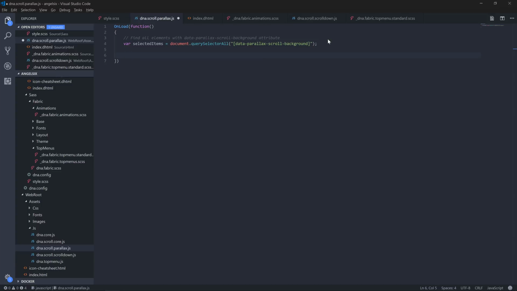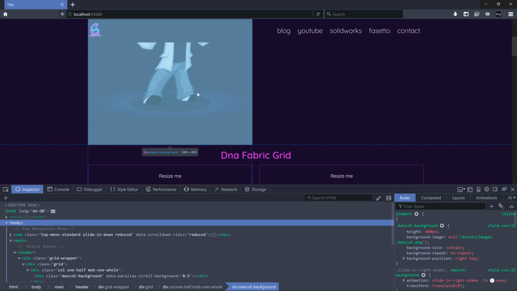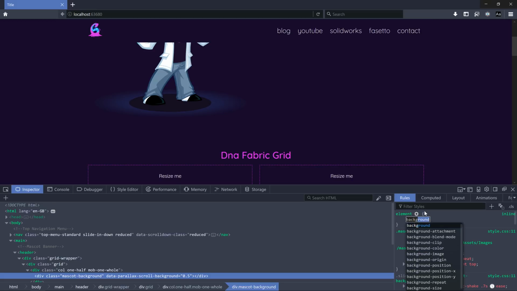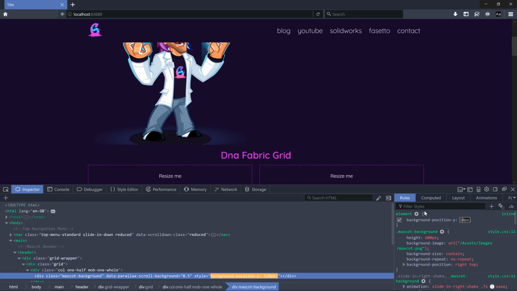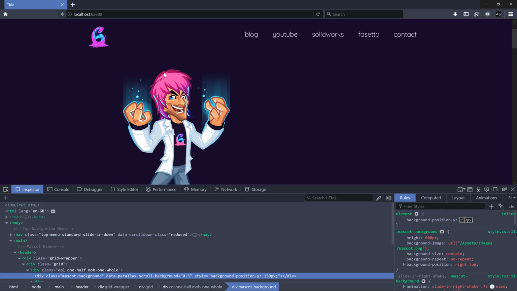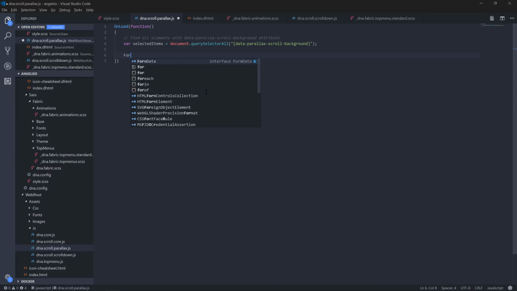because what we're going to do is change the background position Y and bump it down. So if we were to scroll down here and this guy wanted to scroll at half the speed, what you can do is basically get the background position Y, and you can set it to say 100 pixels. And you can see he jumps down, or 20 or 30 or 50. So all we're going to be doing is when we're scrolling, we will start shoving this guy further and further down the screen using the background position Y. So we'll use the forEach helper, selected items,